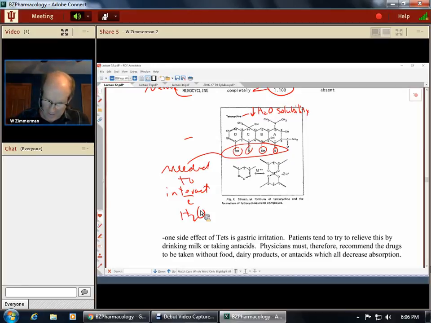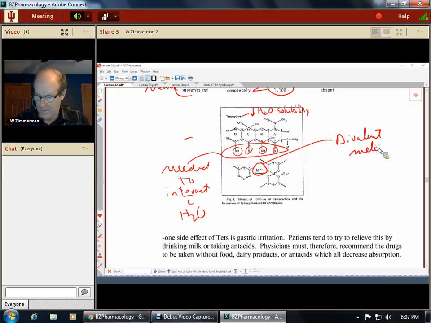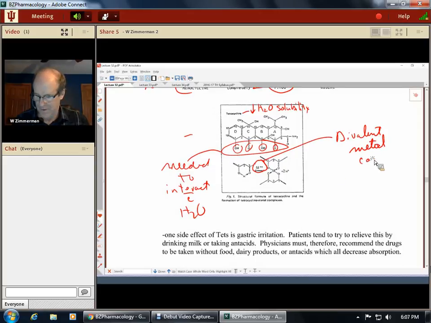Well, this M double plus here, that stands for divalent metal cations. Things like calcium, magnesium, aluminum. These compounds with these metal ions, which are common in antacids,